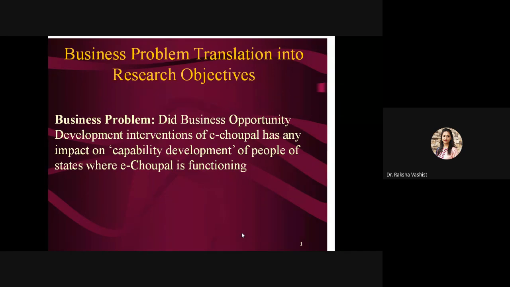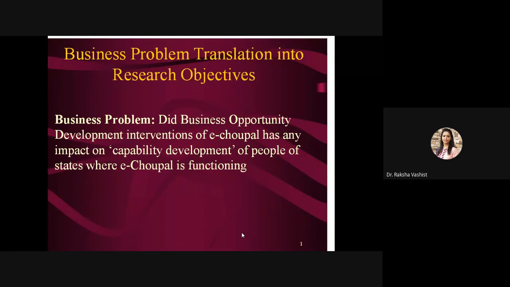Okay, so basically it is a small activity for today's session, that I am giving you this business problem. From this business problem, we have to firstly identify the research questions. Then we have to translate those research questions into research objectives, and after research objectives, we have to formulate the hypothesis from the research objectives. Mostly, this is the most challenging issue